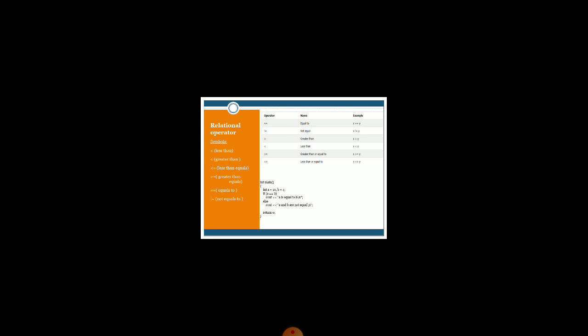So double equals basically compares the values of two variables. If A equals B, I print that A is equal to B. Otherwise, I will print A and B are not equal.